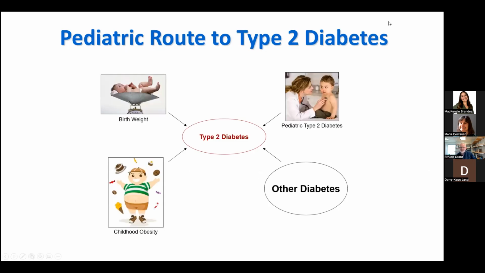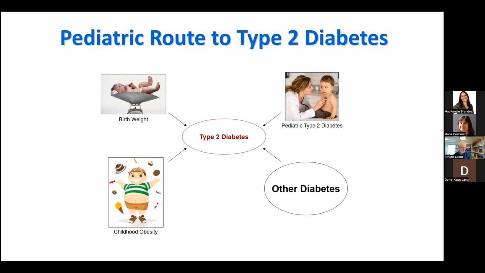In my own particular interest, as Maria said, is pediatrics, and I'm based at Children's Hospital of Philadelphia and on the faculty of Penn. And really the way I've been attacking this since I came here was looking at pediatric routes to type 2 diabetes. We know that obese children are more likely to be obese adults as opposed to the other way around, and therefore have an increased likelihood of type 2 diabetes.